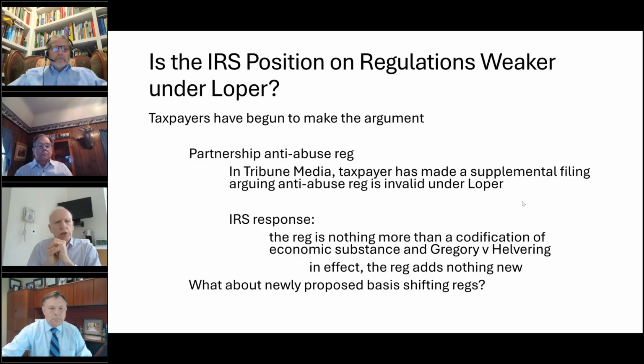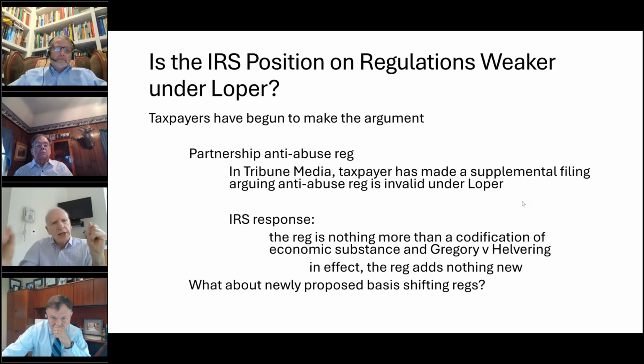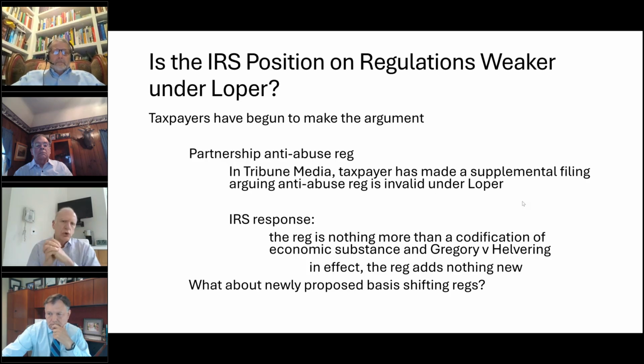By the way, let's just spend a moment on the other argument. Maybe the IRS will argue that 7805 delegates to them the authority to do this, that it's like a specific grant, a delegated grant of discretion. I don't believe that flies, because I think all 7805 does is give the agency, the IRS here, and the secretary, the authority to interpret. That's all it does. And under Loper, the interpretive function, the Court says, belongs to the court, no longer to the agency. I fleshed this out in my Tax Notes article, which will be coming out shortly. If anybody wants to talk about it afterwards, we can.